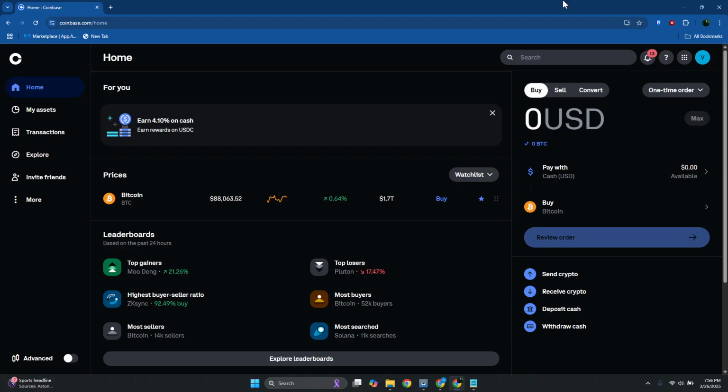In this video, I'll be showing you how to change Coinbase wallet currency. Now, if you're wondering how to change your Coinbase account's currency, updating it is fairly easy. So first things first, you want to go to coinbase.com and log in to your account, and